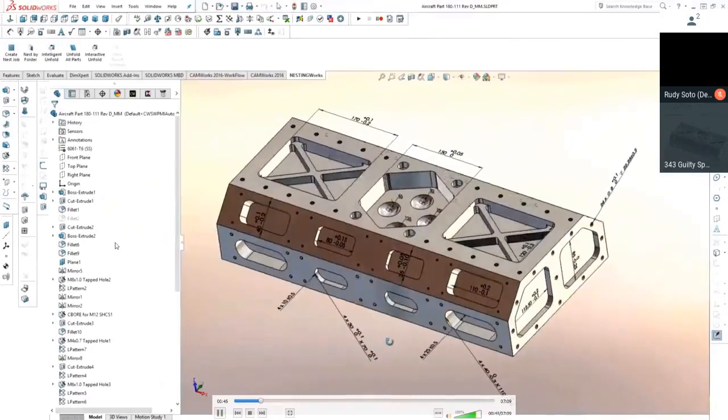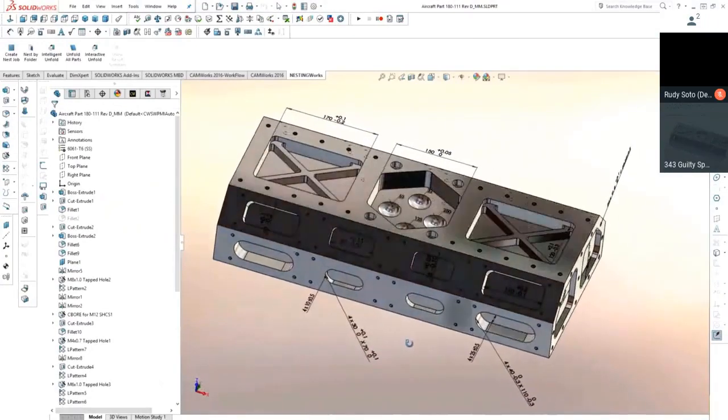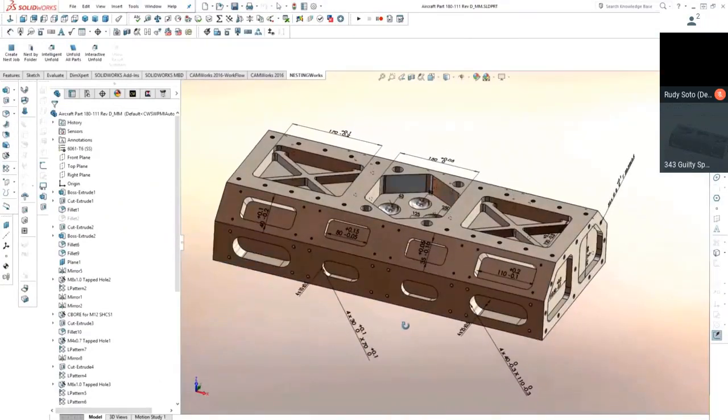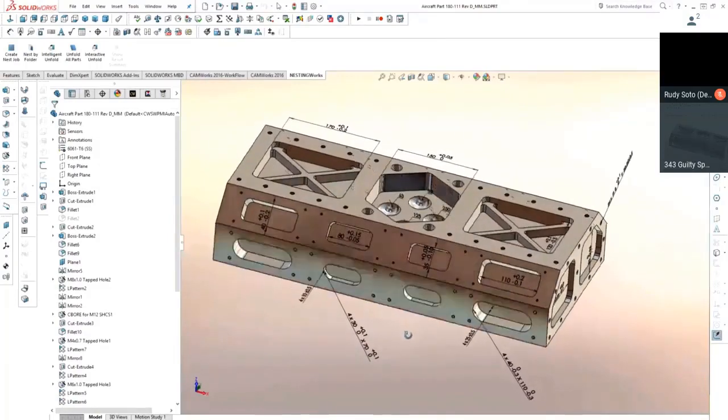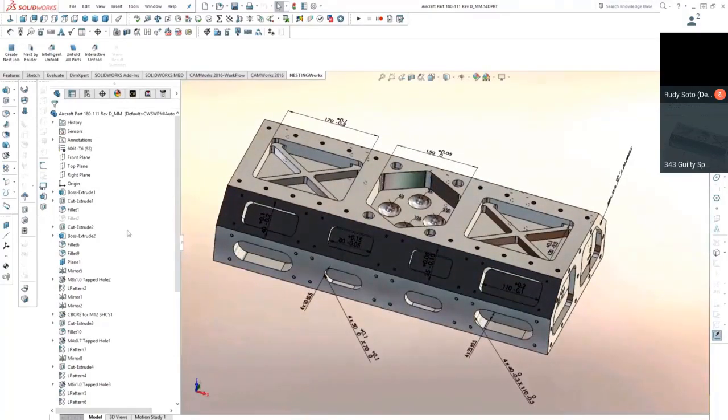I have this muted, I'll just talk over it, but you can see here a fairly complicated SolidWorks model that has PMI incorporated into it, both dimensionally and surface finish wise. You can see over here what the SolidWorks feature tree looks like, and in just a moment, we're going to see what the manufacturing tree looks like.